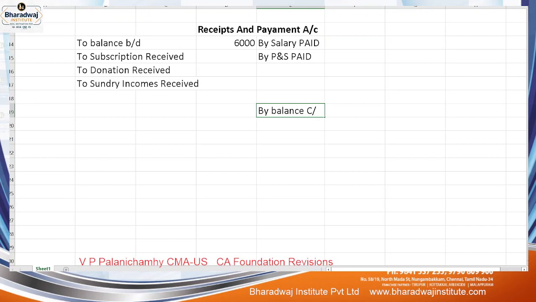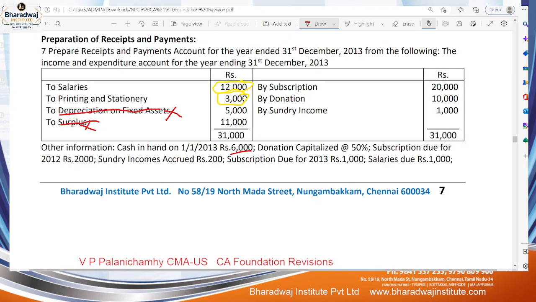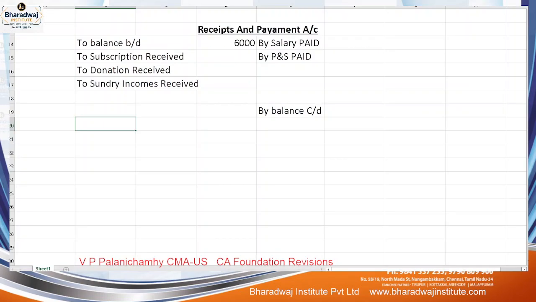Try it, let's see. You are the one who is going to try. Try it out. See amount received and amount paid. Just fill up debit side three amounts, credit side two amounts. Suppose if there is any other capital expenditure apart from this, like building purchased, equipment purchased, then you have to record it. It is not in this question. By balancing you will get the closing balance.